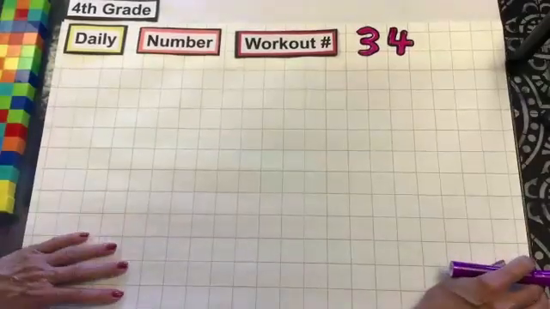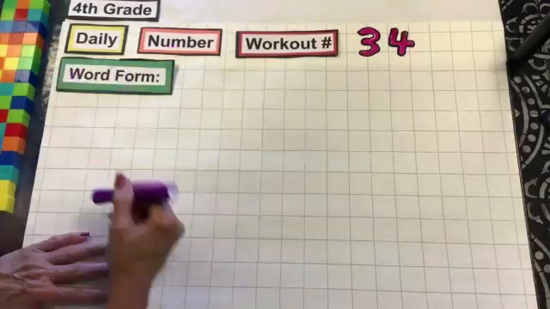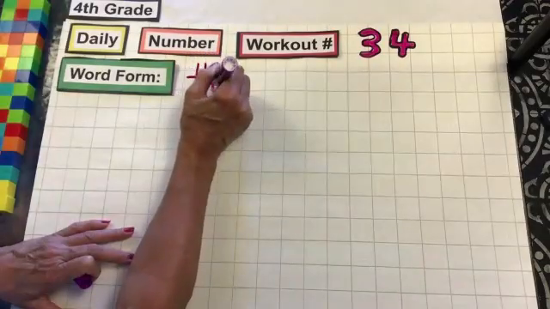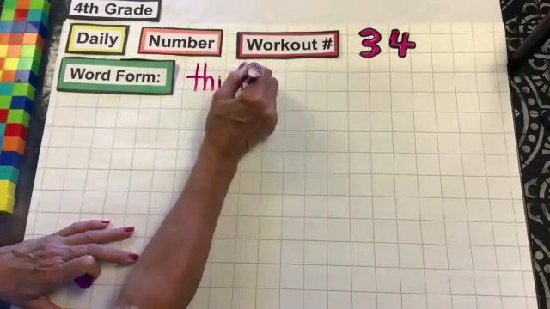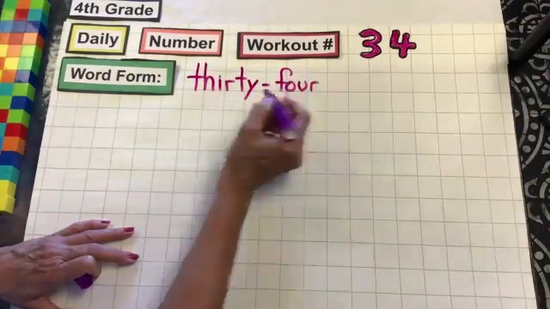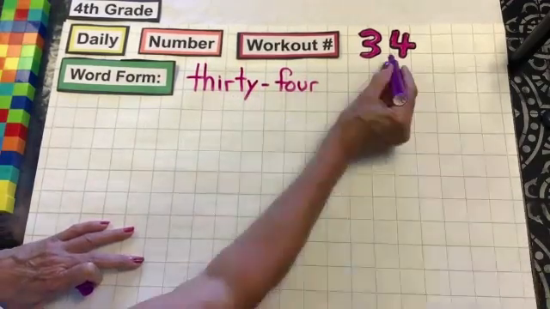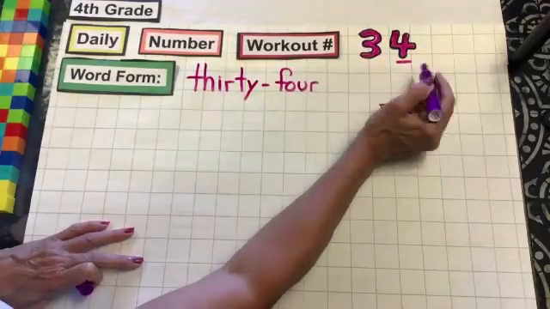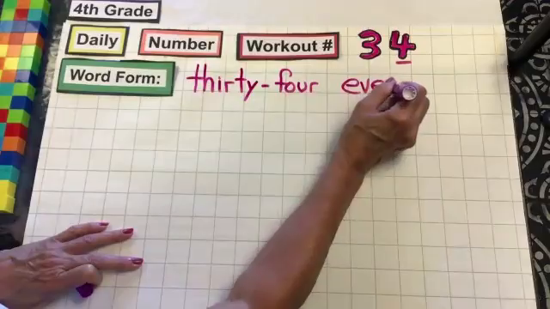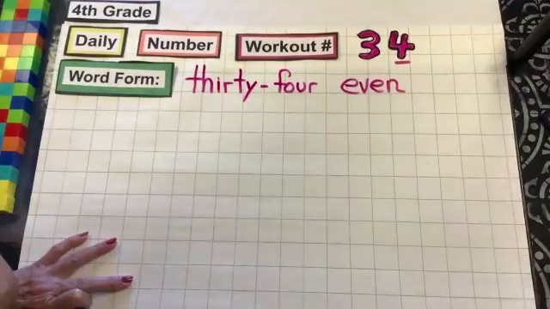We are on number 34. So let's write that out in word form. So that would be thirty-four. And today I put a hyphen in there. You don't have to, but I just threw it in there for fun. And then we have in the ones place value of 4. So this is an even number. Even. All right, let's go for our factors